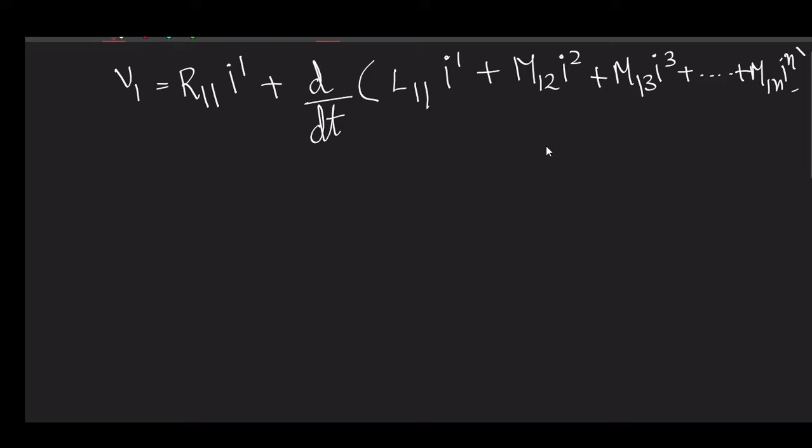Then you have V2, everything will remain the same, just all the 1 will be replaced by 2, and therefore you will have